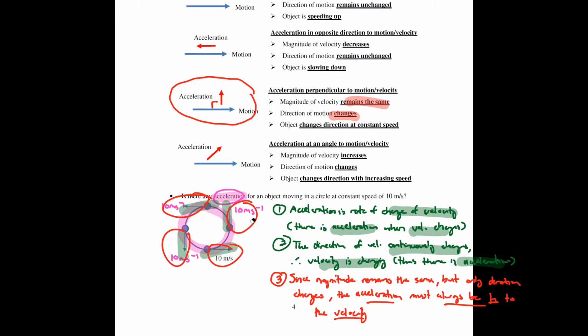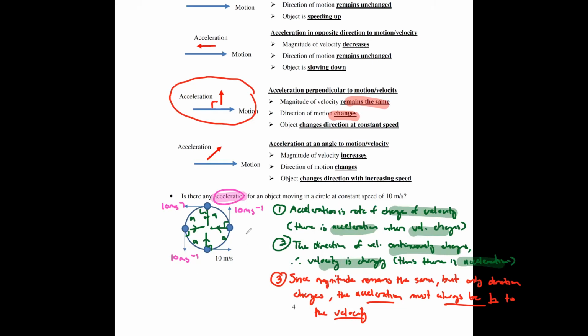So what we mean by that is that over here, your acceleration is always going to be perpendicular. You have an acceleration perpendicular like this. You have an acceleration perpendicular like this. You also have an acceleration that is perpendicular like this. Okay, so you see, for your magnitude to remain the same but only direction changes, your acceleration must be perpendicular